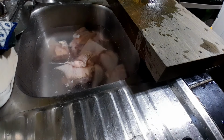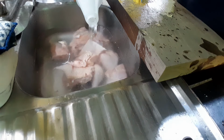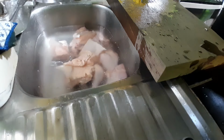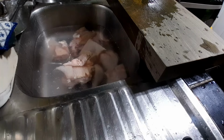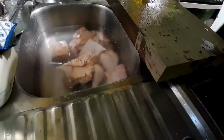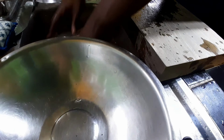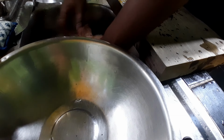Alright, so you know my thing already. Get some vinegar in the water, and now I'll get a clean container. It's cleaning time for these. Alright, so yeah,